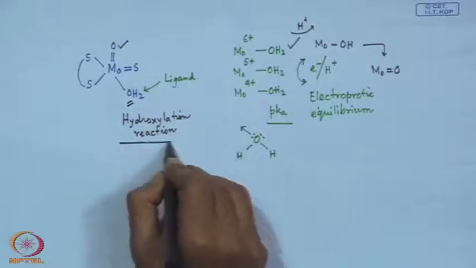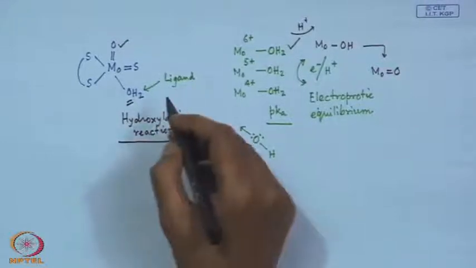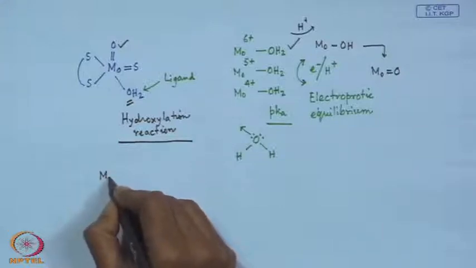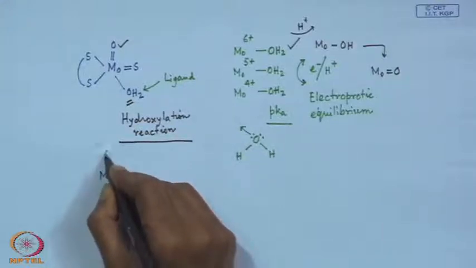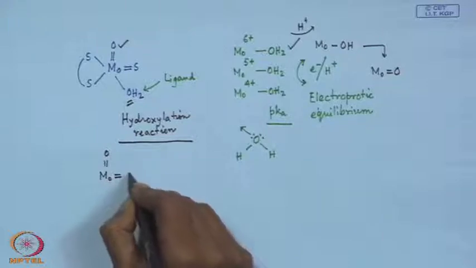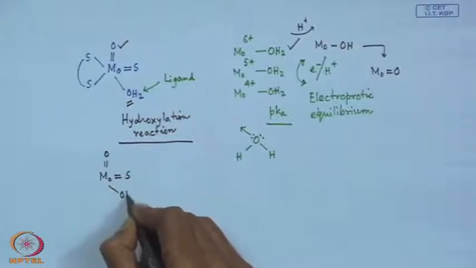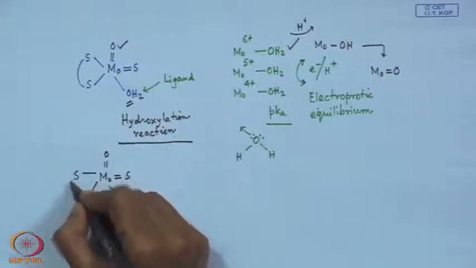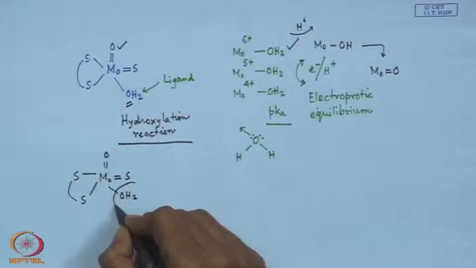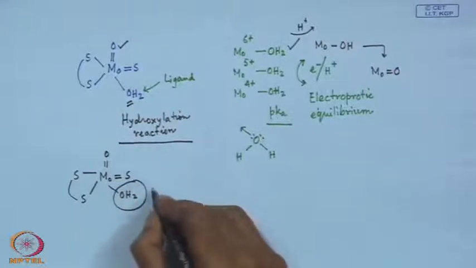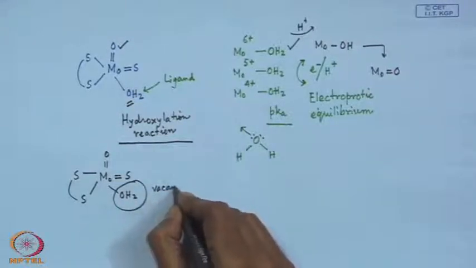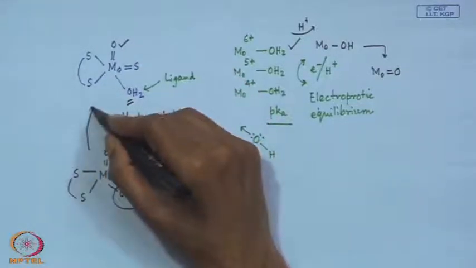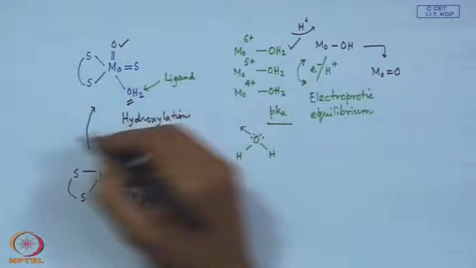If this water molecule is getting activated for the hydroxylation reaction, and at the end the oxygen from this water molecule is transferred to the xanthine molecule, we generate some vacancy over here. So, this will be vacant. To get back the original catalyst in the active site, that means the regeneration,